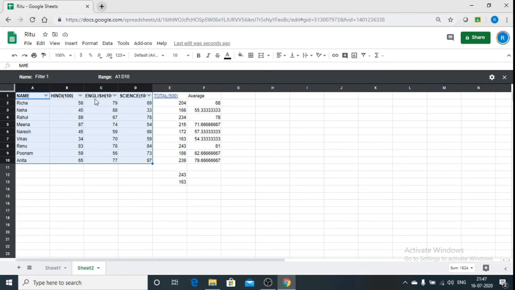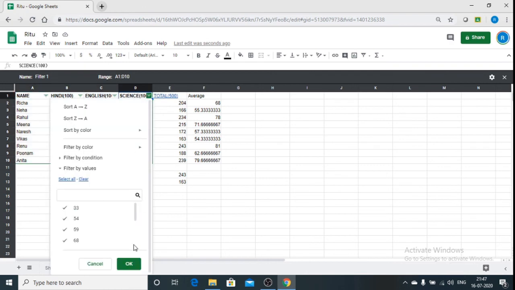Now, just take an example. Suppose I want to see the students who got 33 marks in science. So I'll click only on the filter sign of science. Now, as I want only 33, I'll keep 33 with a tick mark and leave the others.